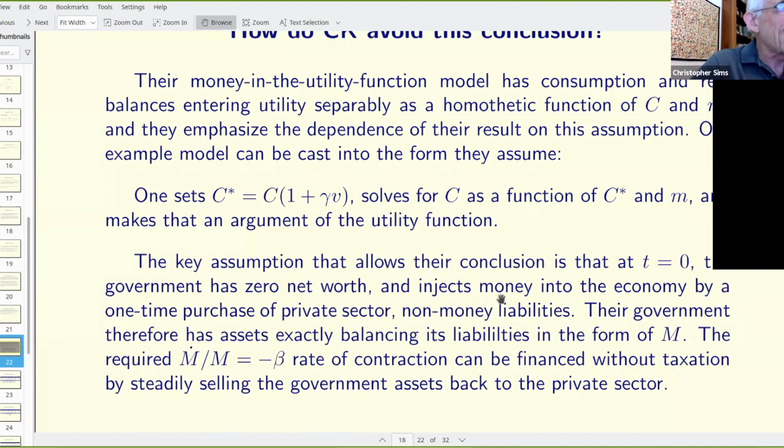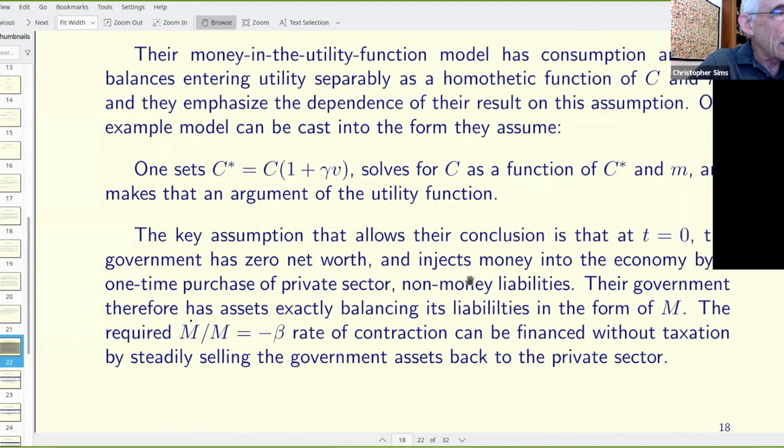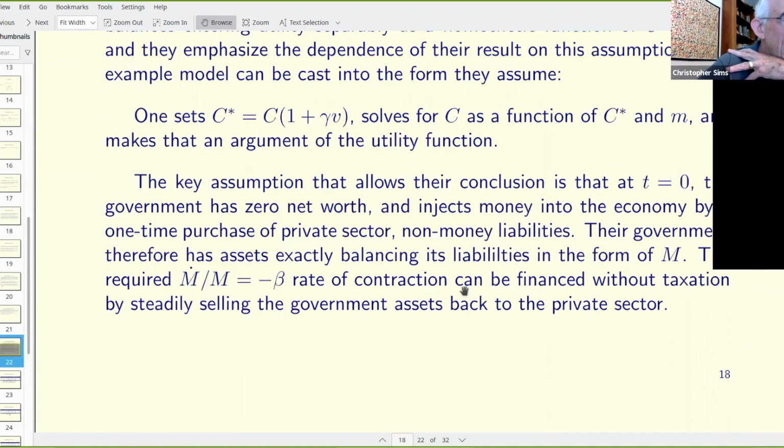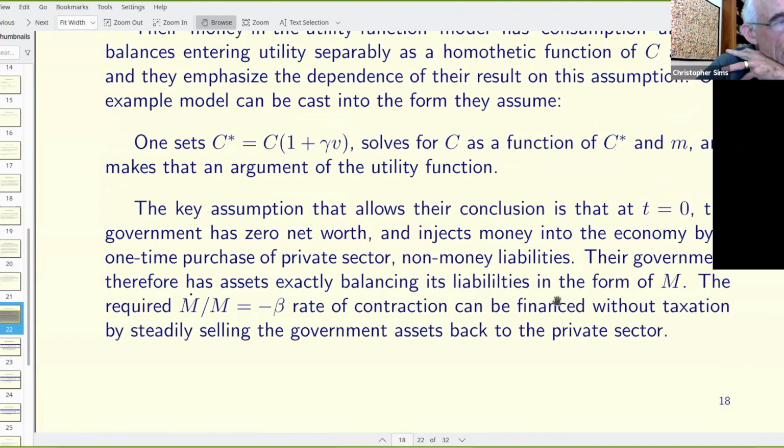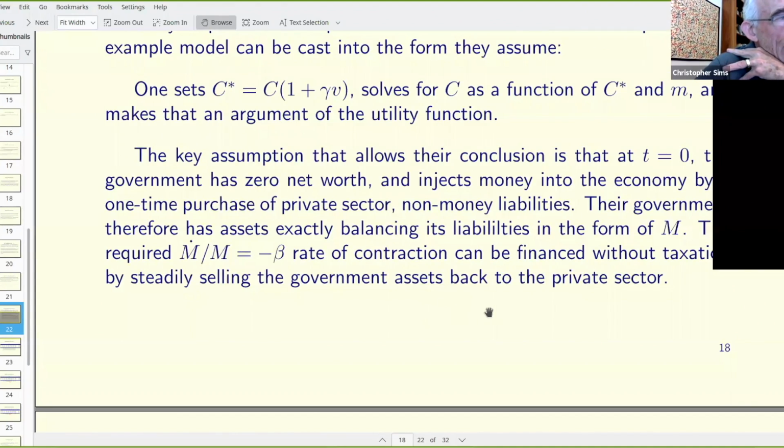The key assumption that they make that gives a different conclusion from this model is the assumption that the government has assets that match their liabilities. So what I've done is taken this little model, solved for steady state equilibria under different assumptions about what fraction of the total production is committed to government purchases,